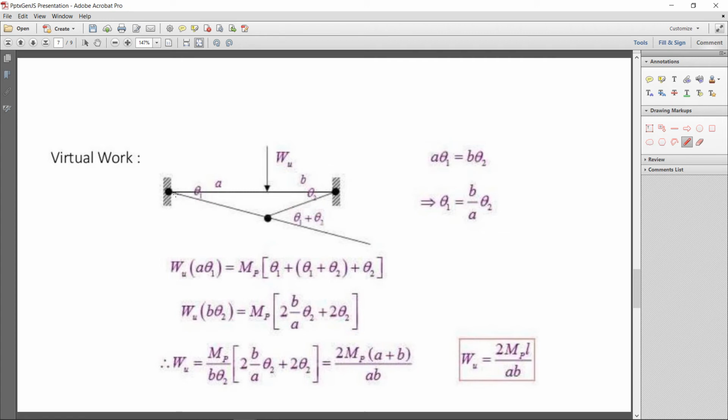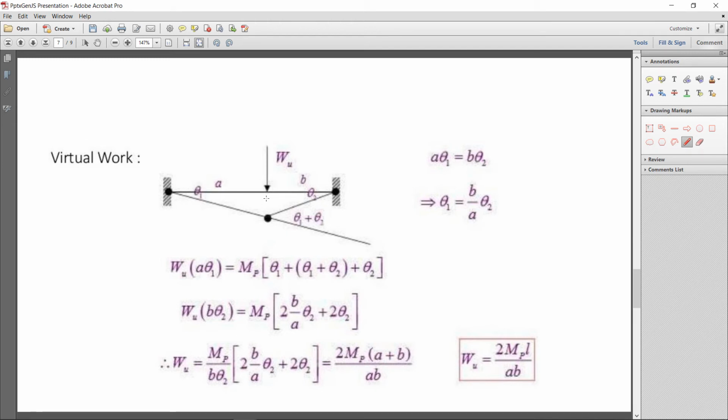Theta 1 is the internal deformation at this spot, and the total deformation at the center is theta 1 plus theta 2. Now the internal work done is Mp into theta 1 plus theta 2, and at the center theta 1 plus theta 2. Now for the external work done, here is theta 1 and this length is a,